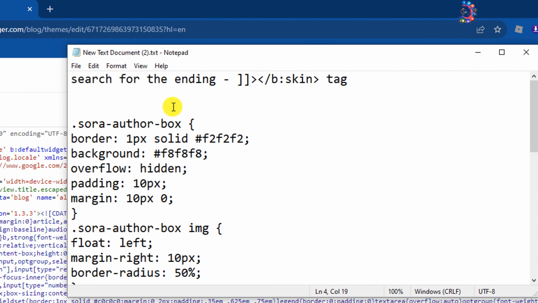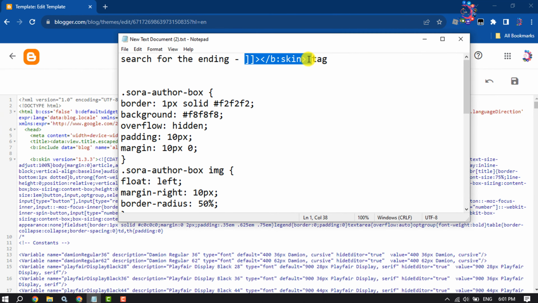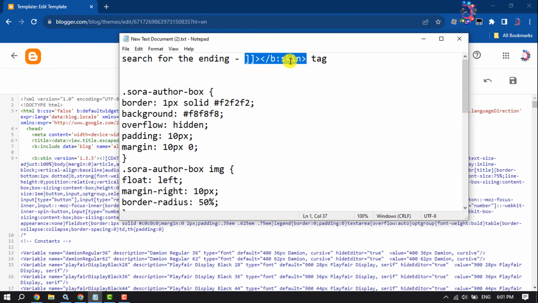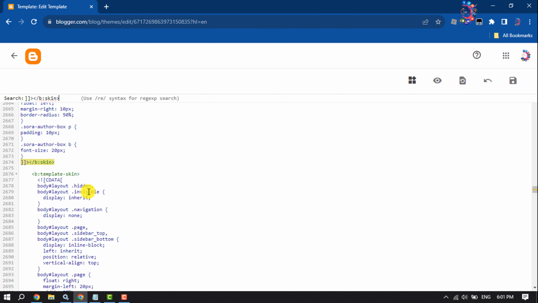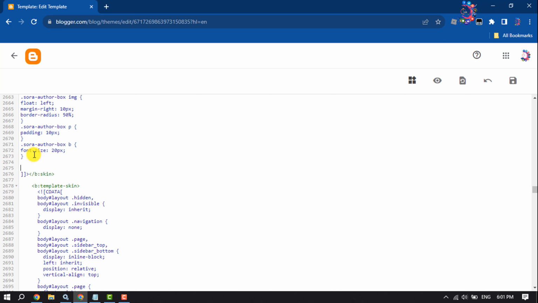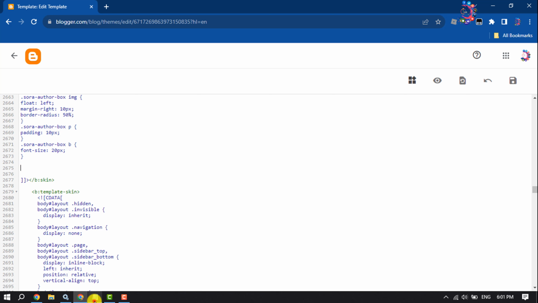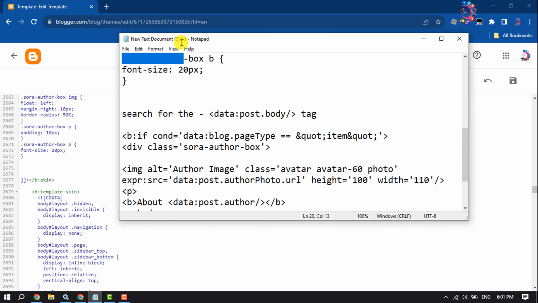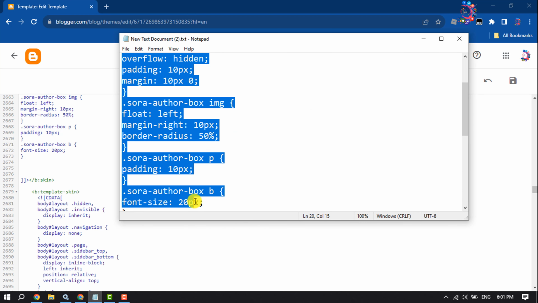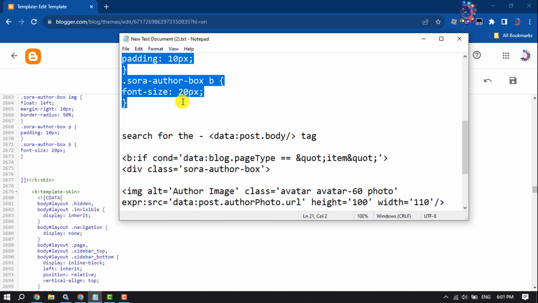So first of all, you have to search for this tag. So copy this code and here press Ctrl F and here paste the code. Above this code you have to give some enter, and now copy this CSS code and paste it here,